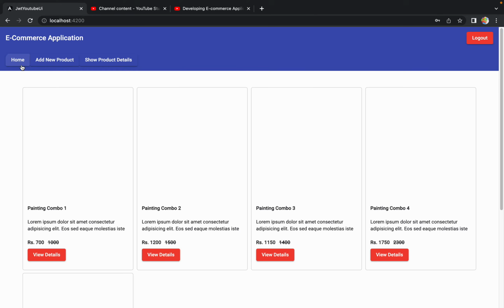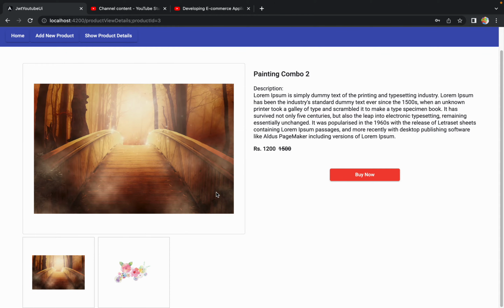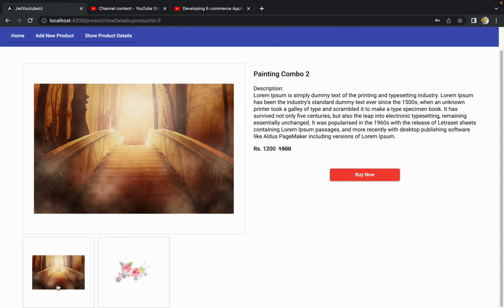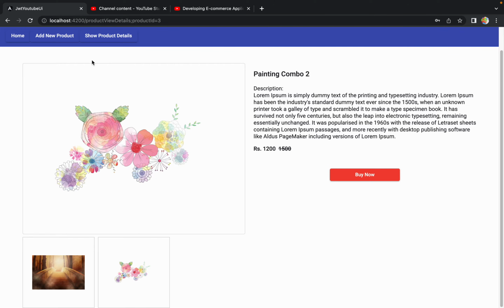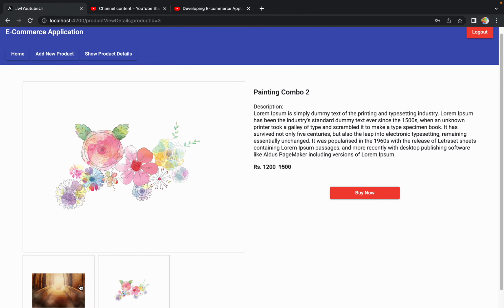Let me take you to the home page, and try to view details of product 2. So now we are able to see all the images over here. We have 2 images as of now. Whichever image you select, it will get populated over here. So let me select the first image, and now the second image. We are able to see a big version of whatever image we are selecting from below, in the